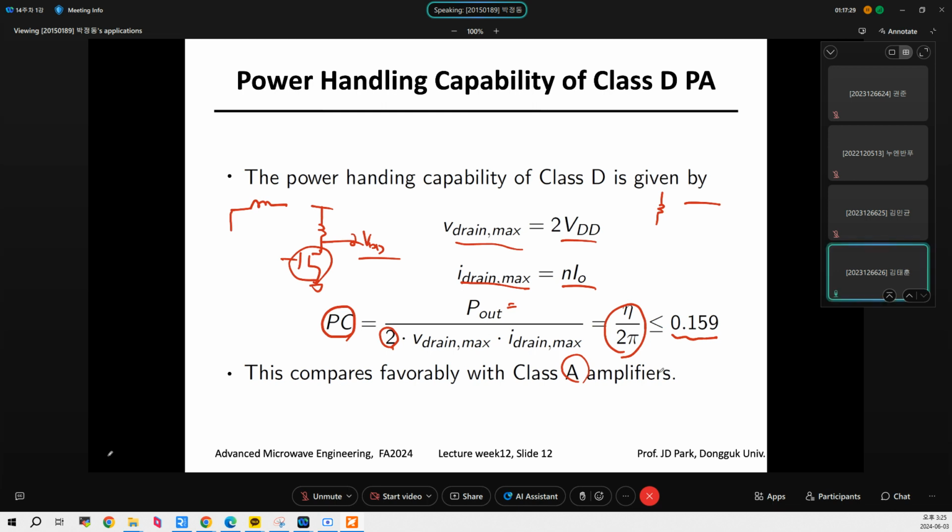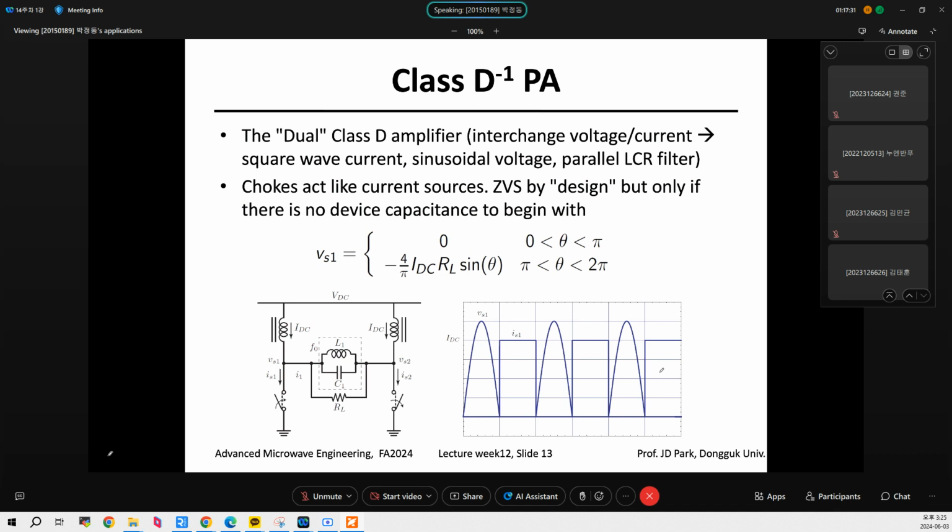So let's talk about the class inverted D amplifier. We say this is a class inverted D, inverted, because this is 1 over D. This is very funny, but